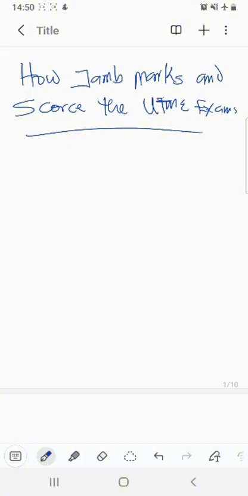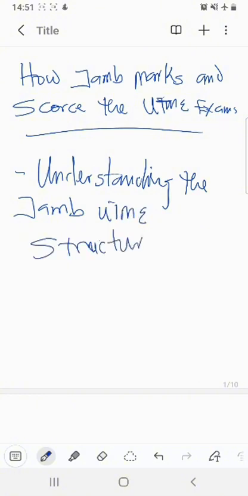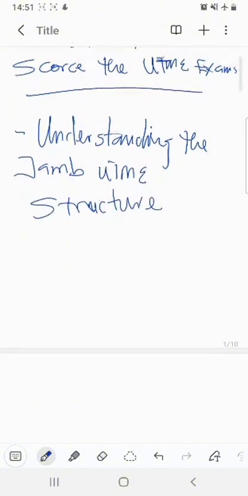Now, let's go into it. The first thing we're going to look at is understanding the JAMB UTME structure. Understanding the JAMB UTME what? Structure. Now, we all know that the UTME exam you are all sitting for has